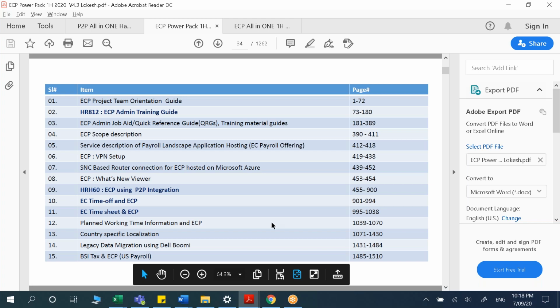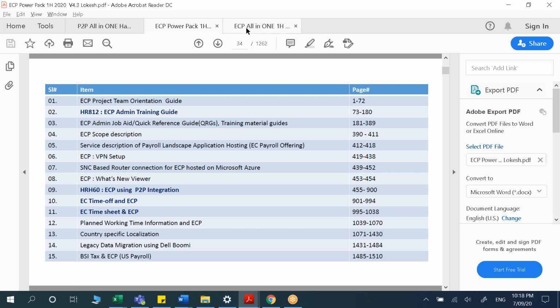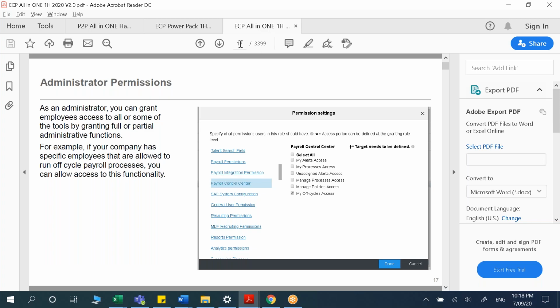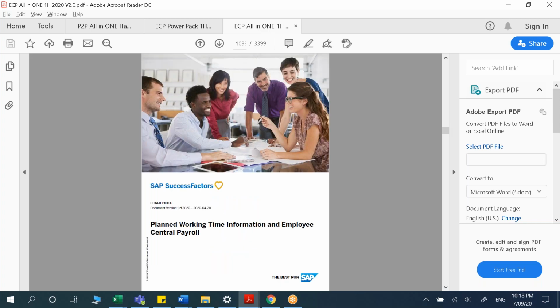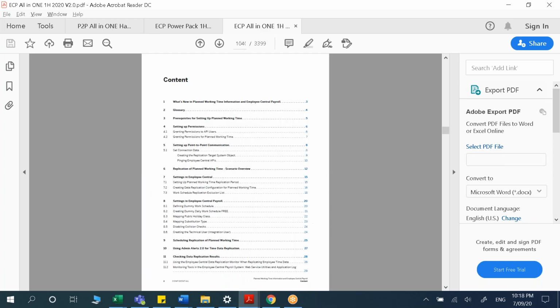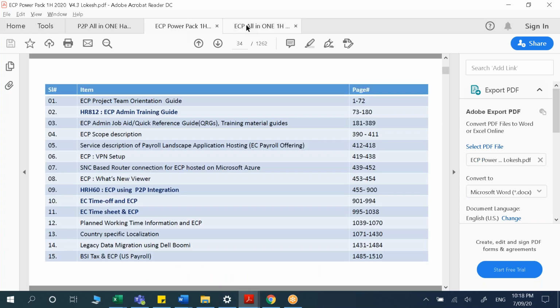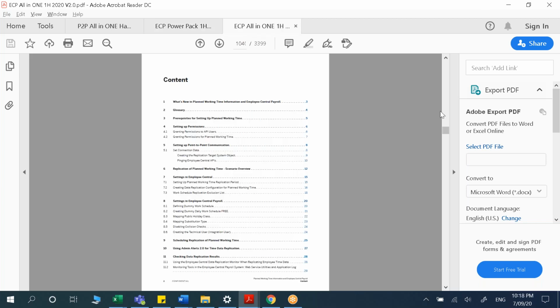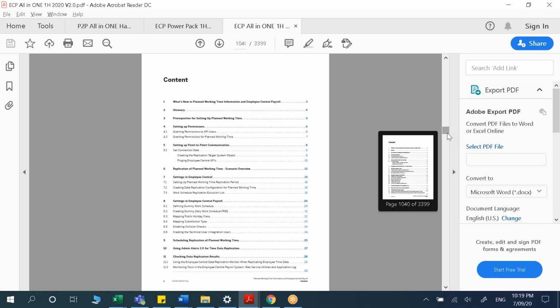Planned working time information, and ECP 1039. Okay, so indexing is working in this one. This indexing, actually, I kept it here. You will be finding it towards the end because it's a part of the slides. In the slides you'll be getting it, and that note actually I'm just finding it out.